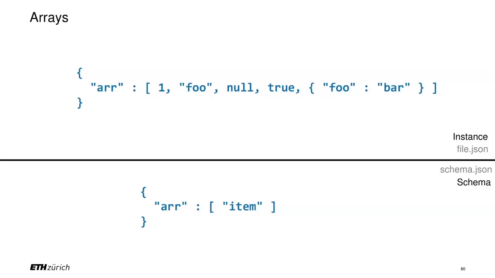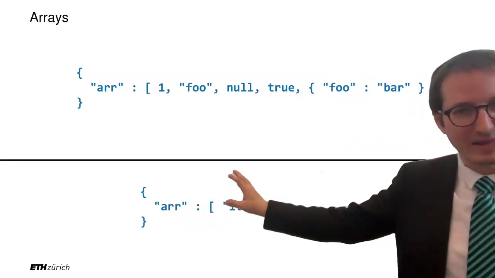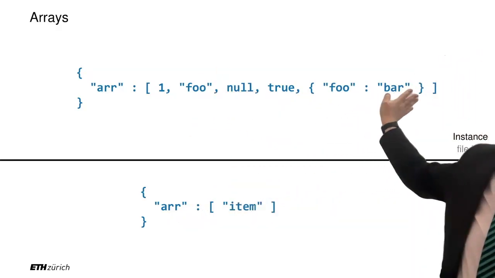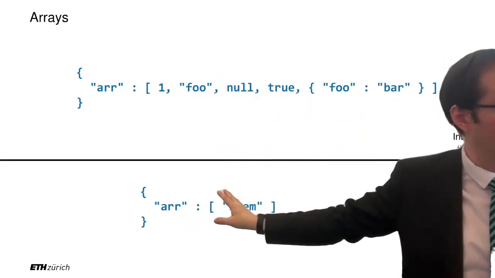So they say you have an array of items, and you have only one item in the schema, but then you have multiple values with different types in the instance. Basically, the question asks whether this is possible. Let me say several things. First, in the compact syntax, you put one type here, and that type has to apply to every value in the array, right? So that's the compact syntax.